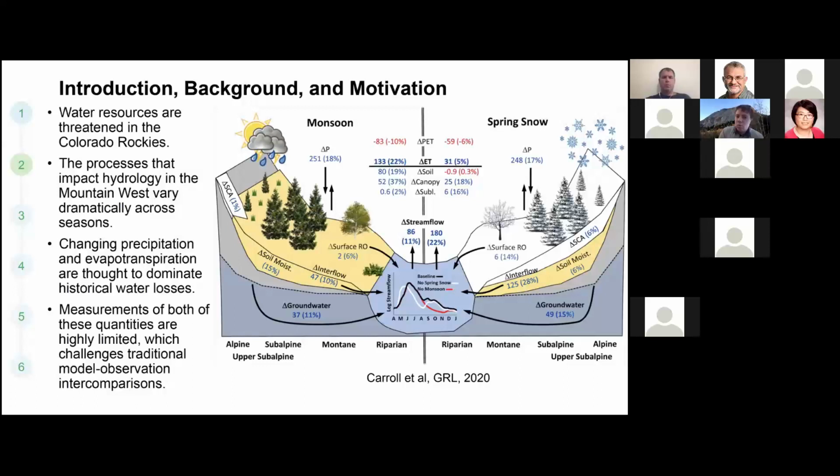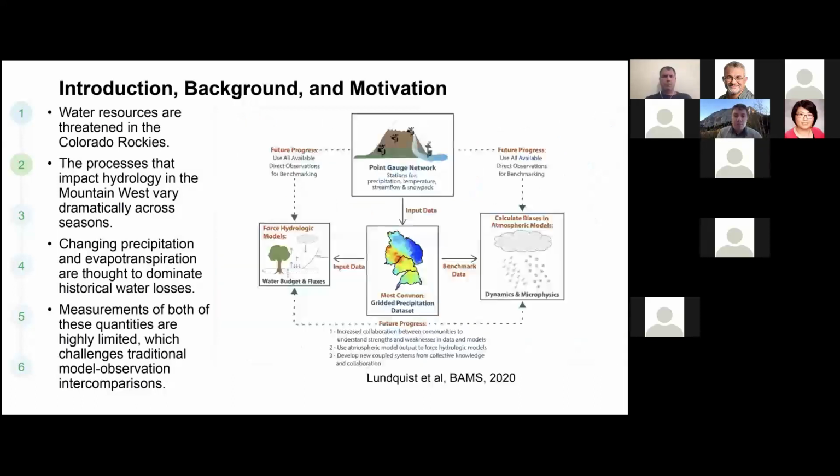We're trying to understand exactly how much of that is modeled and how much is observed. If you go to the next slide, please. A recent paper pointed out the fact that these areas are so underobserved that model products are better at forcing hydrological models than observational products. So that's kind of a wacky place to be, because it means that we have to be very careful with